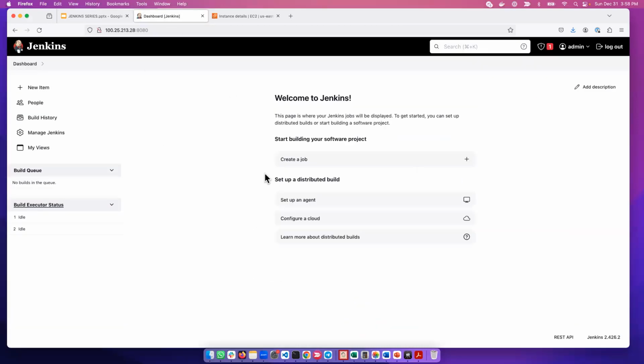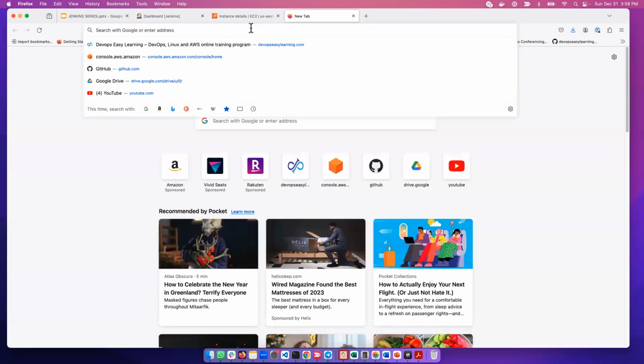So this is my Jenkins server. To integrate Jenkins with SonarQube, the first thing you need to do to establish the communication between Jenkins and SonarQube is install the SonarQube plugin. Then, after installing the SonarQube plugin, you need to configure it. So we have a SonarQube